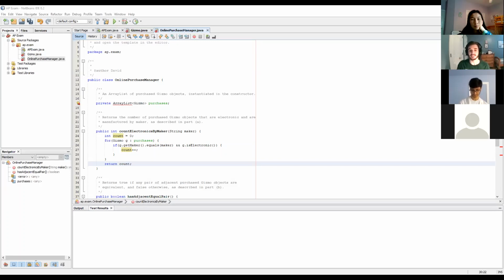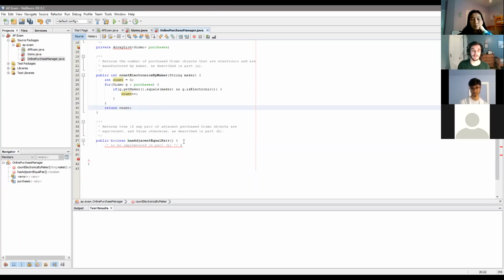Since we're looking at adjacent objects, things that are next to each other in the list, I think it makes sense to use a regular for loop. So we can use indices to check if the two adjacent things are the same. So we're going to start for